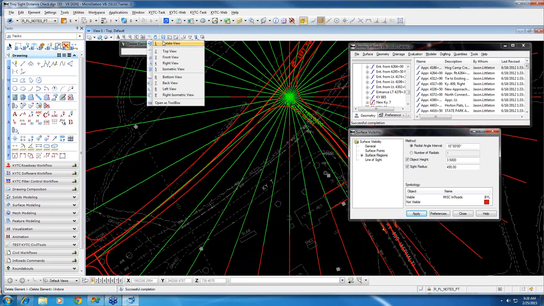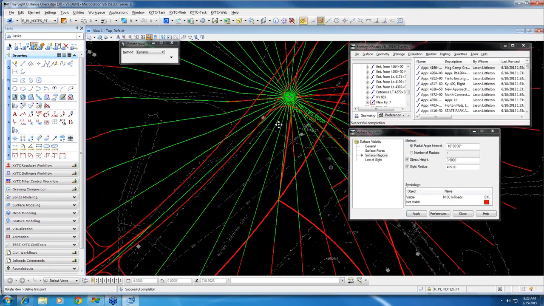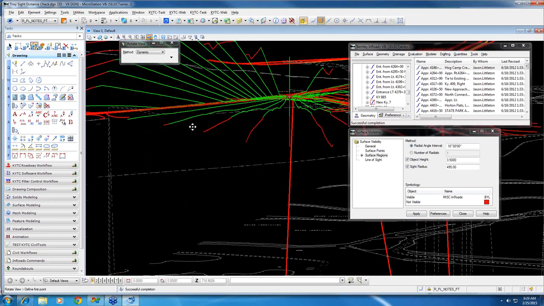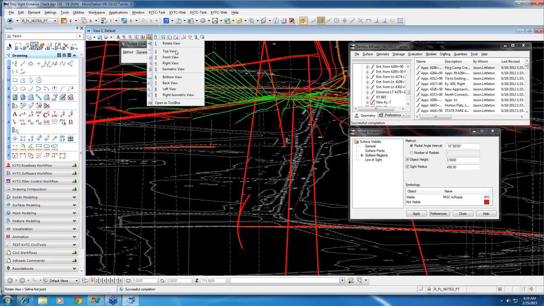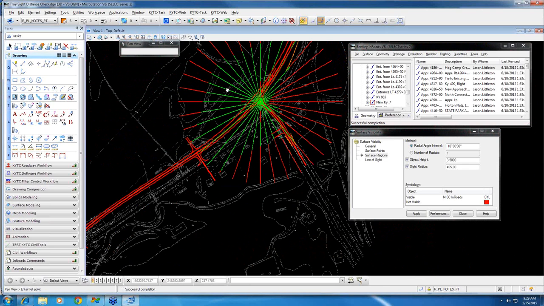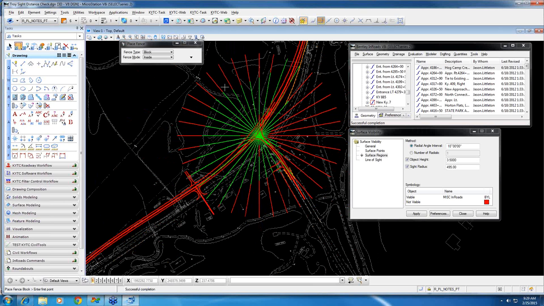So if we go to a 3D view, these sight lines are draped along the surface. So you can see that that kind of looks like what the surface looks like. And at every point, I think it skips some points if they're within a couple hundredths of the next point. But just to show you